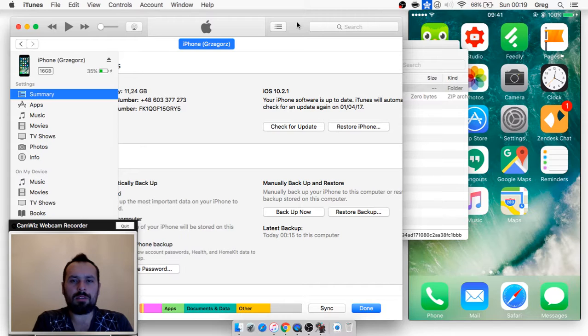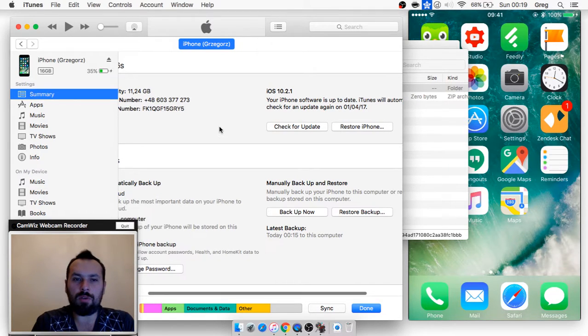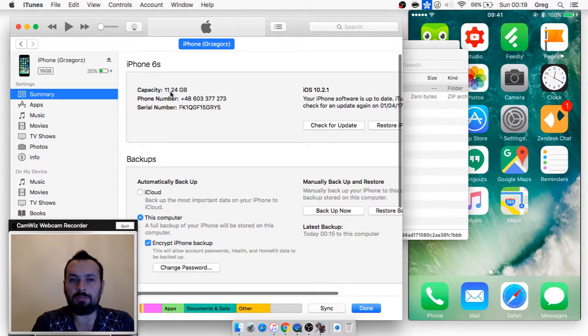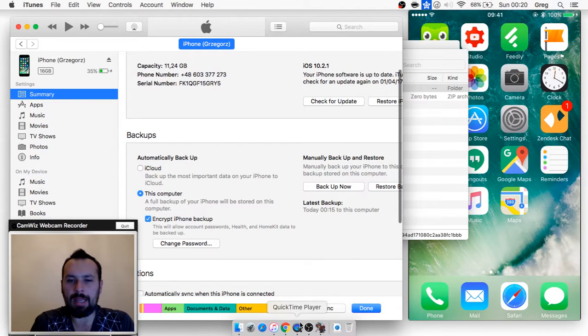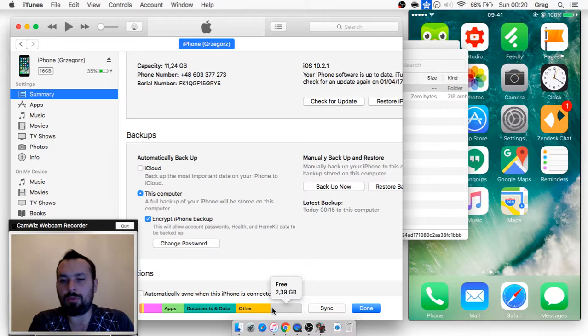So that's a very interesting situation. The iPhone is a small iPhone. It's 16 gigabytes. We've got only 11 gigs available, and the backup weighs 3 gigs, and so we've got 2.4 gigabytes free. As you remember, in the beginning of the movie, when we went to